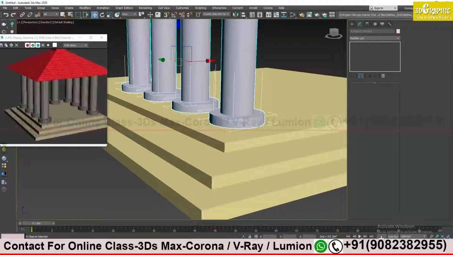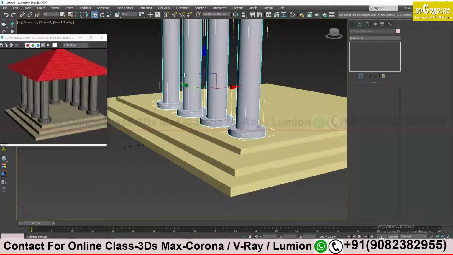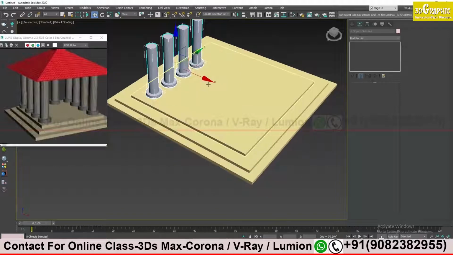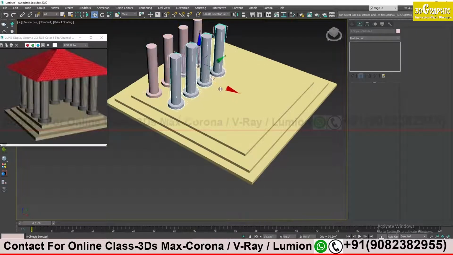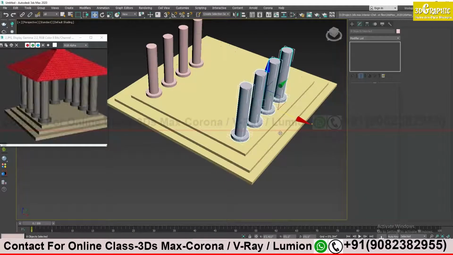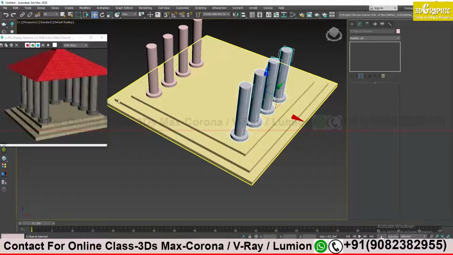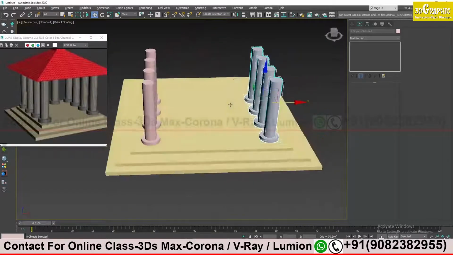You see the white lines, these are the border. This white line is called border. That means all my pillars are now selected. Now I have to make a duplicate of it. So again I will press the shift key, and in which direction do I want it, this X direction, no? Just left click and drag it out. And I want 1 copy of it only. Okay, it's fine. Okay. So see, I got this shape.